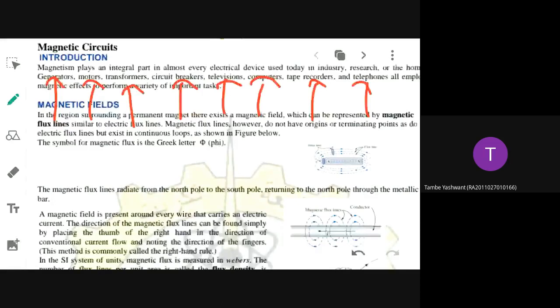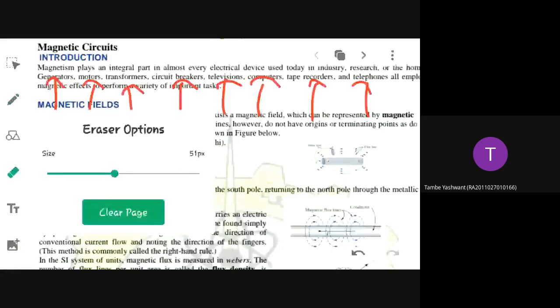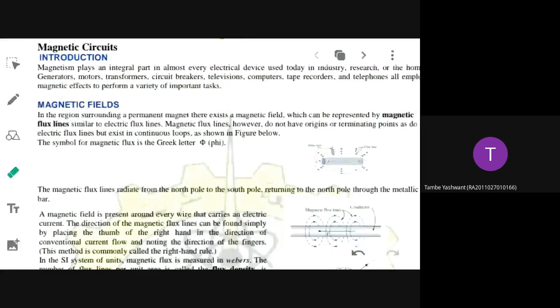Since most of the components listed here work on magnetism, you need to learn some basic concepts: what magnetism is, what the different types of magnetic materials are, what the characteristics of such materials are, what the important parameters defining magnetism are, how magnetism is linked with the electrical field, what the common parameters are and how they differ. We'll discuss all of that, plus some problems may also come from this magnetic field.